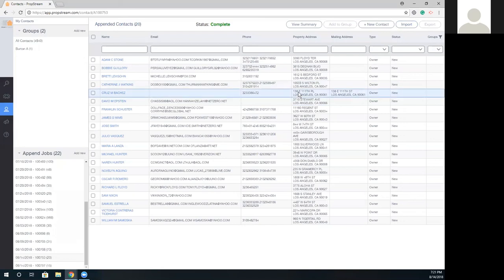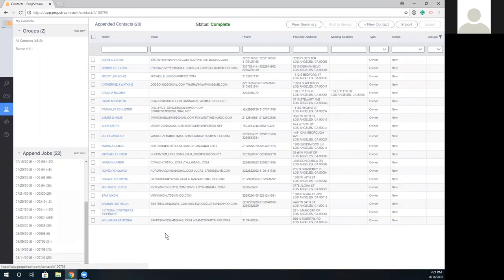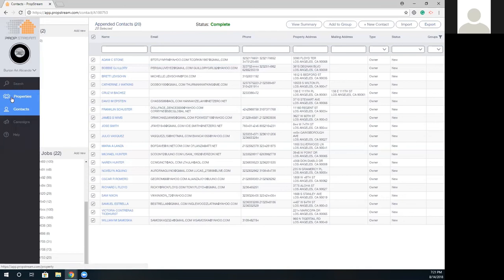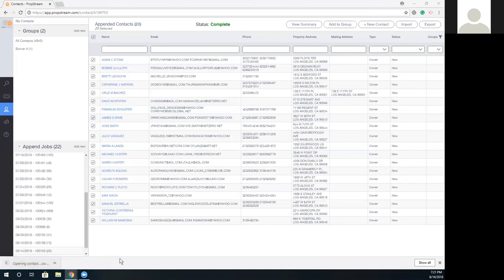All right. So I'll let that process. But yeah, this is what the results look like. And for me, this is the part that I export. I usually don't export in the properties page. I usually wait until I capture their contact information, and then I export it, which gives you a CSV file or Excel file.